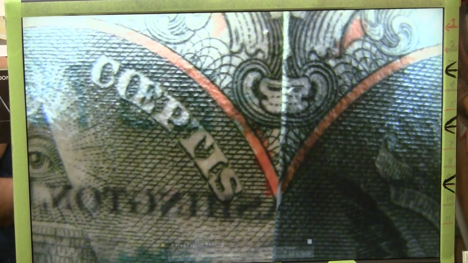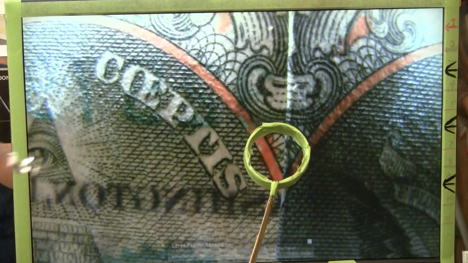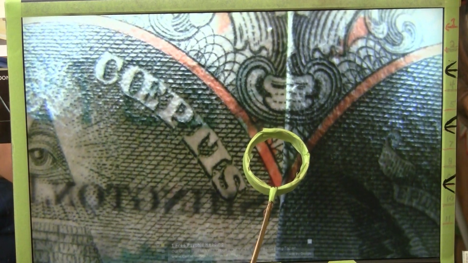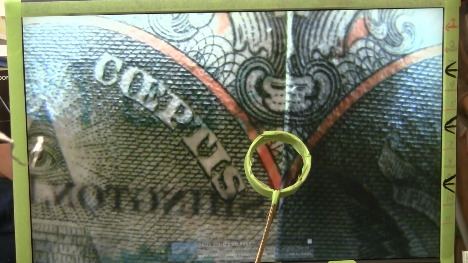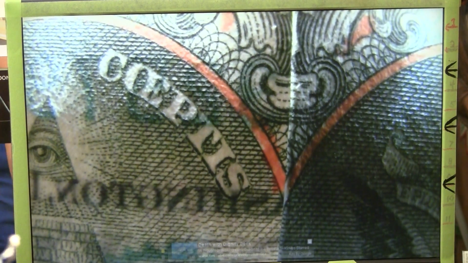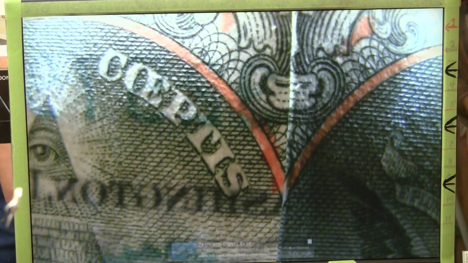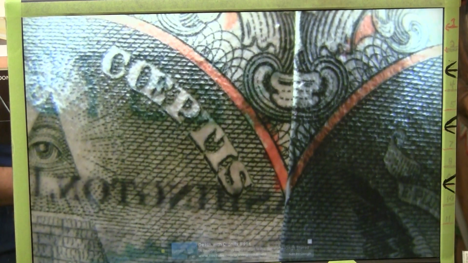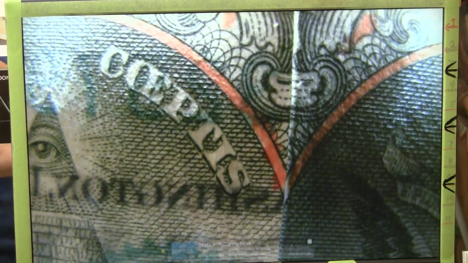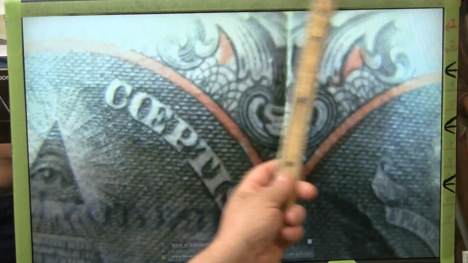Ladies and gentlemen, before you on your screen, you see above this circle a skull and bones, a pictograph of a skull and bones which appears on the nose of a hog-nosed bat. And that hog-nosed bat can be seen by folding the $1 bill one time with one simple crease. And in a few seconds, this video is going to show you how this becomes the entire head of a